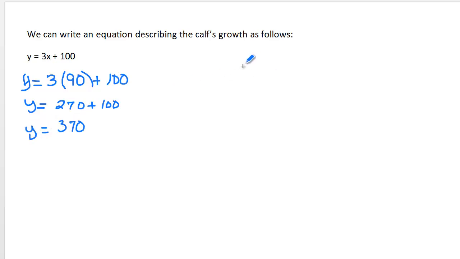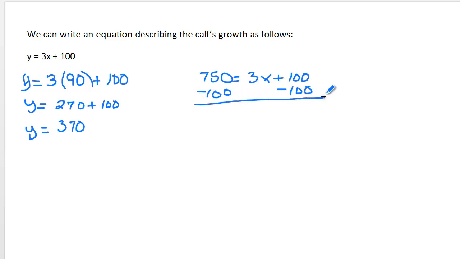We can also predict when he will be 750 pounds, which is when many calves are sold to a feedlot. 750 pounds represents the y in this case, and it will be equal to 3 times some number of days plus the original 100 pounds he weighed at birth. So if we want to know when he will be ready for the feedlot, we take away the 100 from both sides to get the 3x by itself, because it was added. The opposite is subtraction. 650 is now equal to 3x,